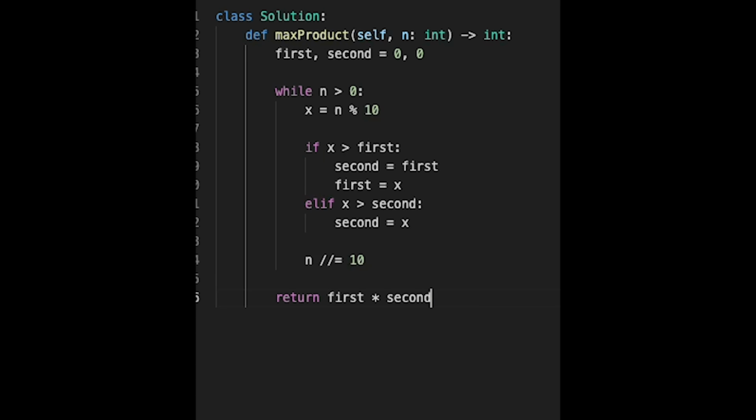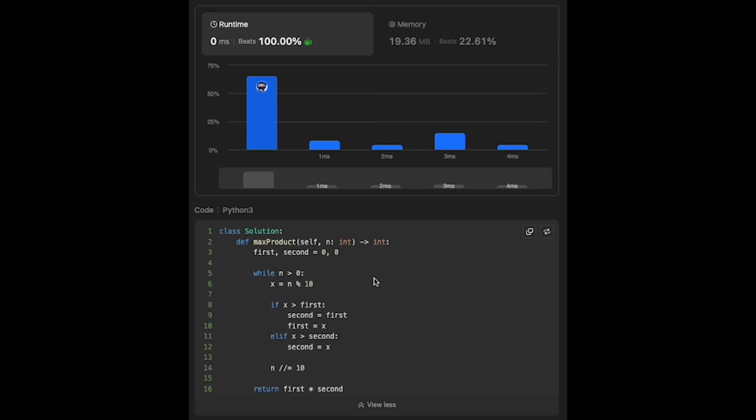Yeah, so let me submit it. Yeah, looks good. And the time complexity of this solution should be O(log n), and the space is